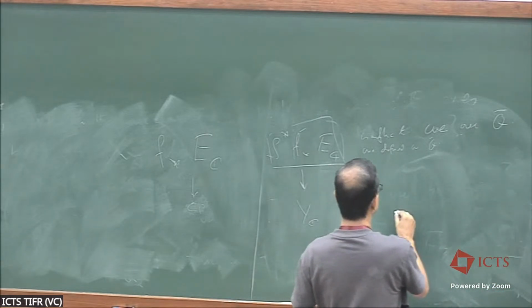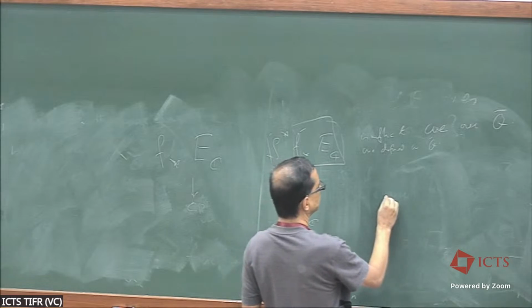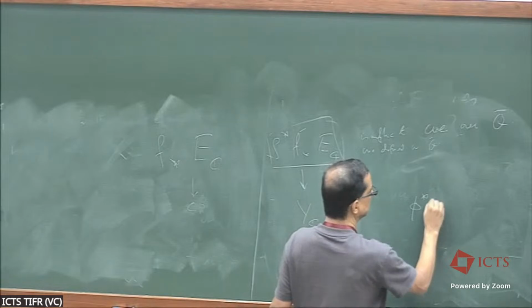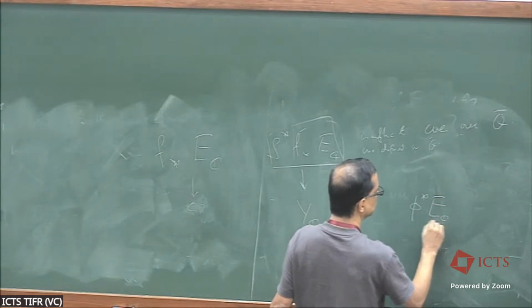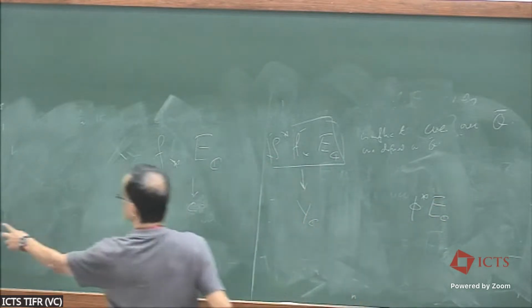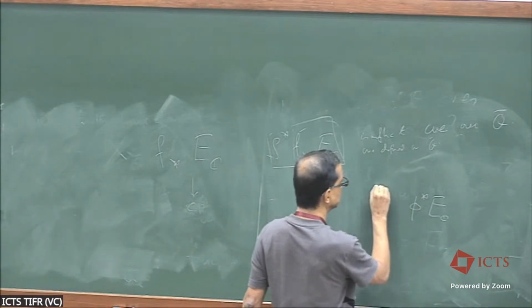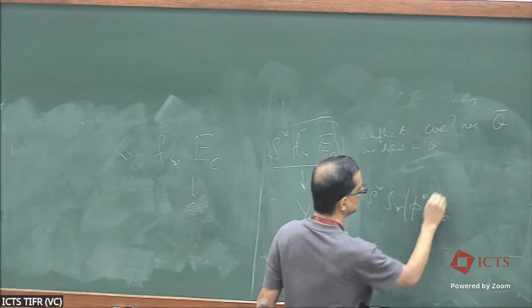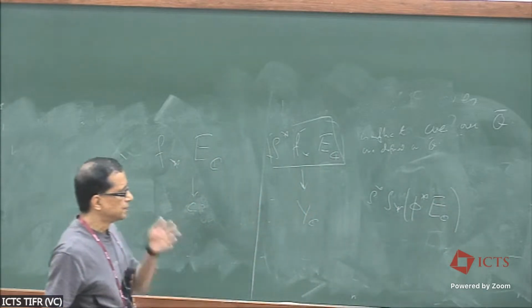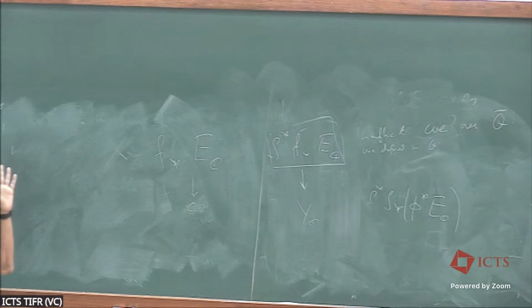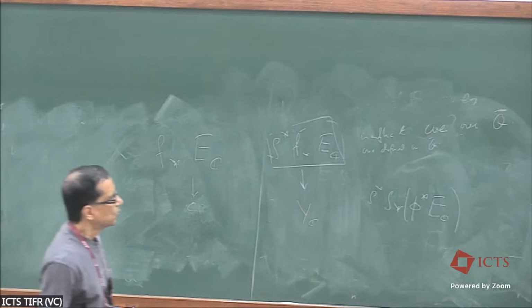Okay, now I consider the following bundle: pi upper star of E. I pull it back, then I push it down. So everything has parabolic structure. So direct image and pullback both have a parabolic structure. So now this is a